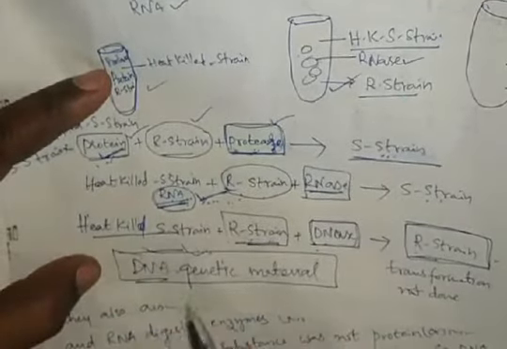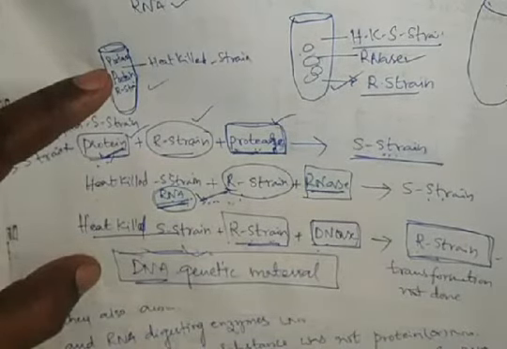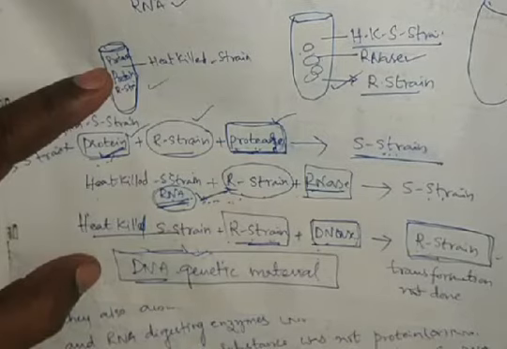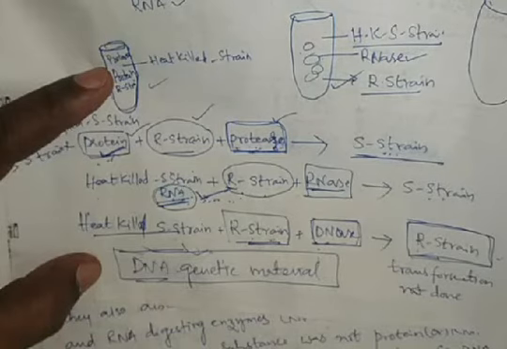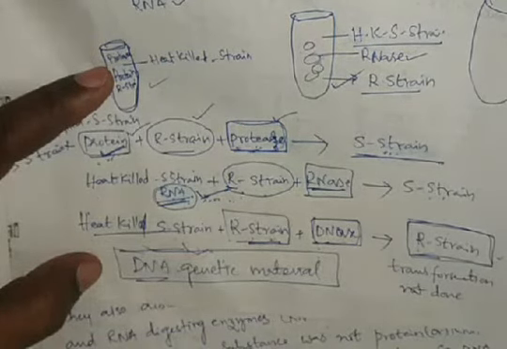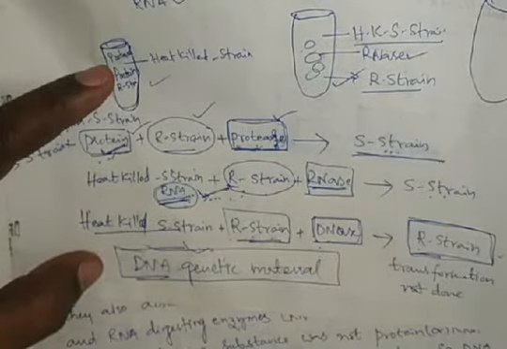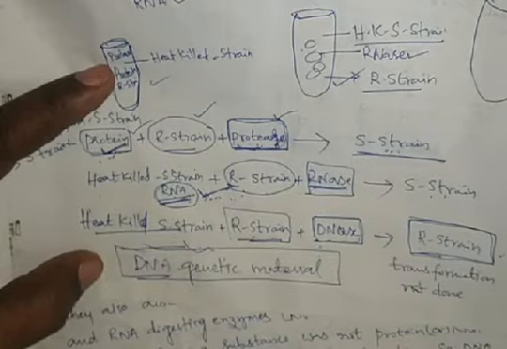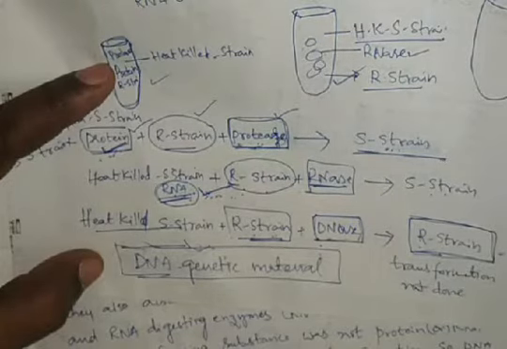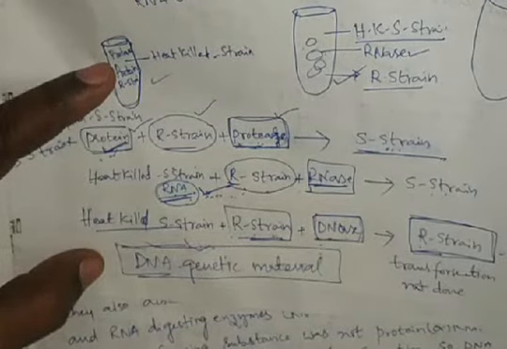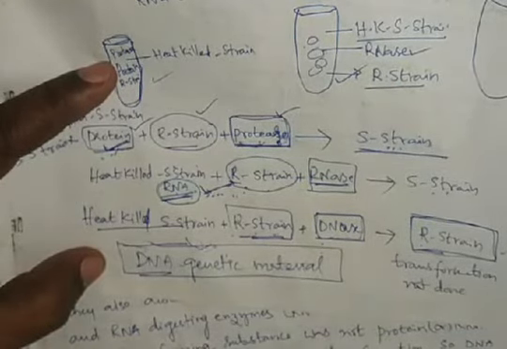So in such a way, Griffith's transforming principle was experimentally proved by Maclean McCarthy, Colin MacLeod and Oswald Avery. Practically, they proved it. Griffith's transforming principle was practically explained by these scientists and confirmed: DNA is the material involved in the transformation of the R strain into the S strain. It is practically confirmed and proved.